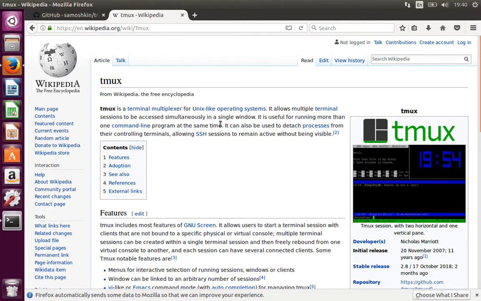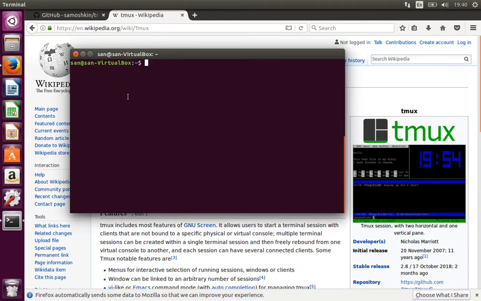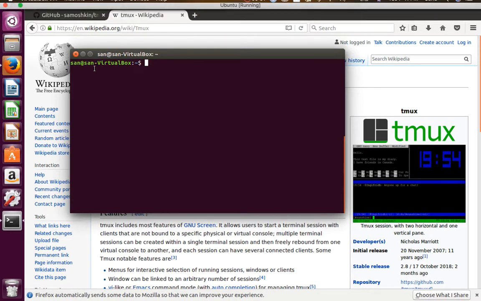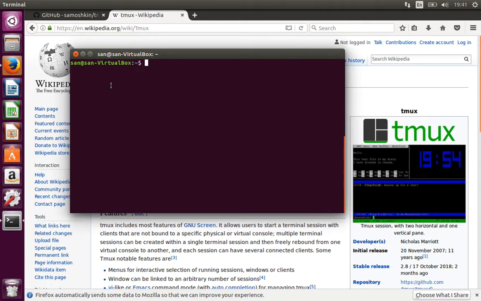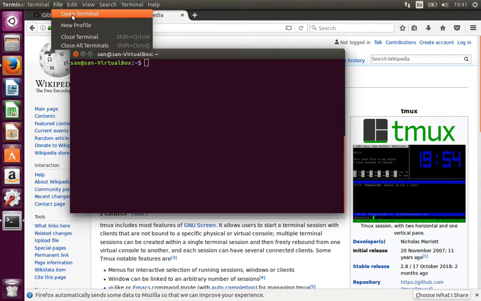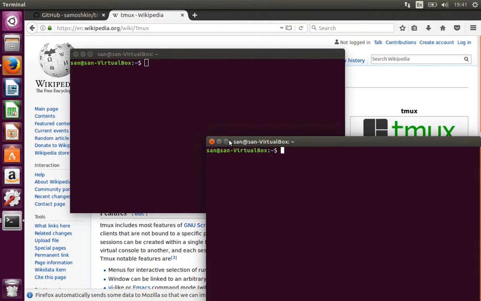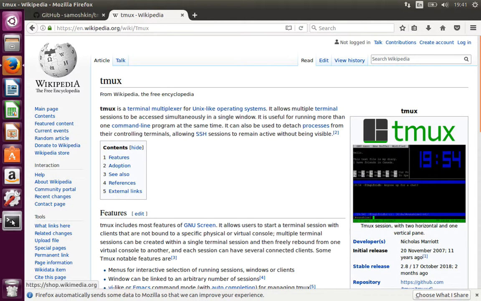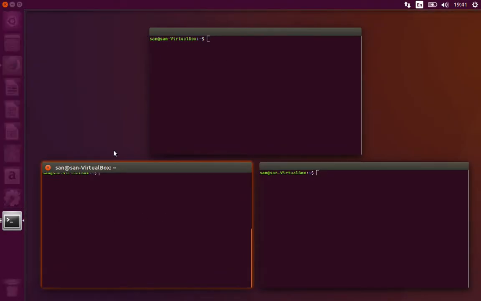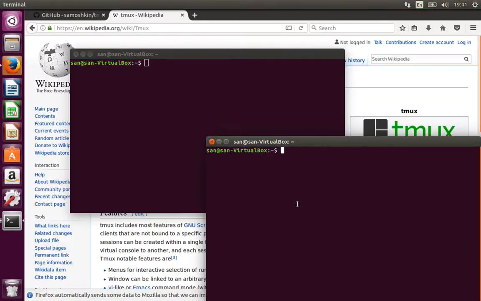So that's the best thing, because when you go for a normal terminal, it's sometimes difficult when I have to work with many sessions at the same time. I don't know which terminal I had opened, and I have to find out which one it was. Suppose I opened 2 or 3 new terminals, how do I find out which terminal I was using previously? It's possible, but at the same time it's kind of difficult. If I just minimize, it's quite difficult for me to find out which was my terminal. So better,